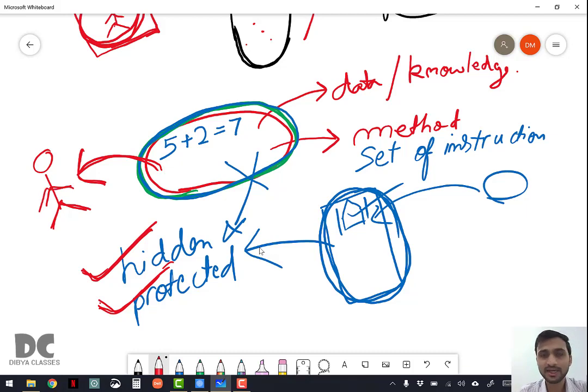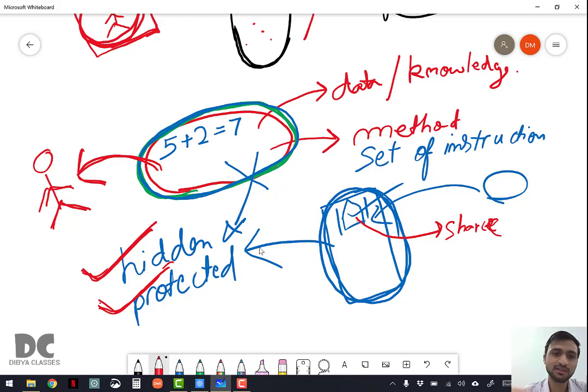Similarly, China cannot take the Taj Mahal from us, but if you want, you can share it. Share it like you will not take and keep it for 1 year in China. No, sharing means foreigners visit the Taj Mahal, right? That is sharing. They pay the ticket and they visit the Taj Mahal. That is known as sharing.